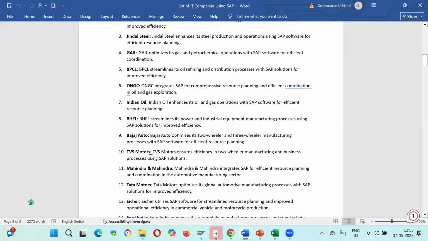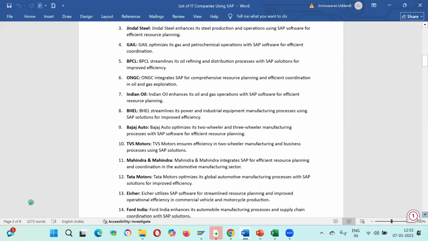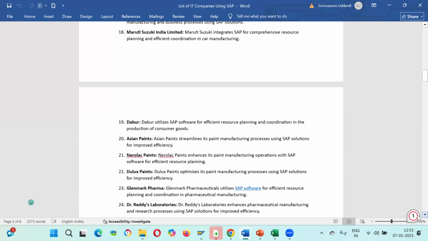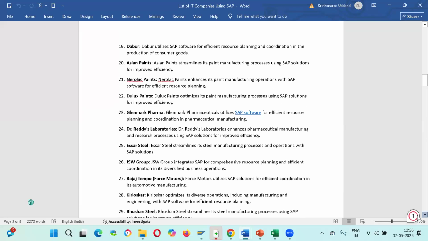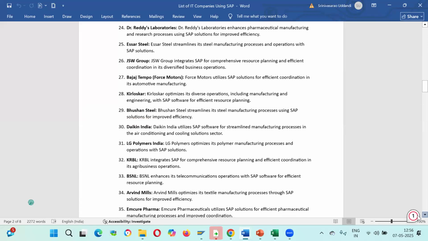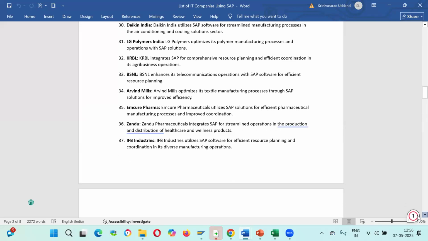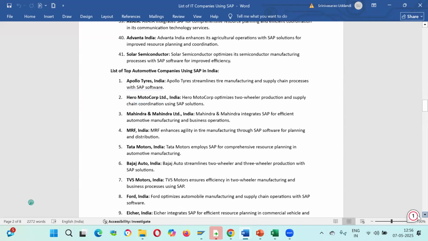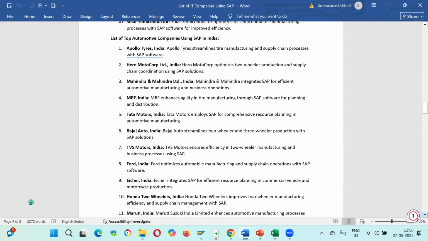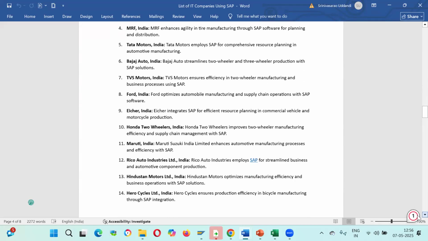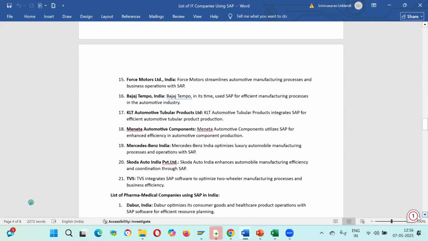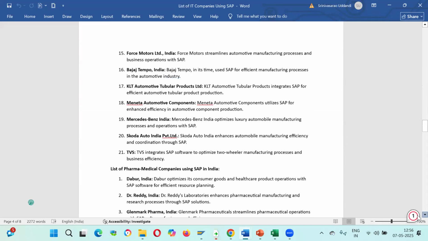You can see these are the non-IT companies which are already using SAP. These are all automobile companies. Let's see here, steel. There are so many companies. Automobile companies. Just for your idea, I'm sharing this.